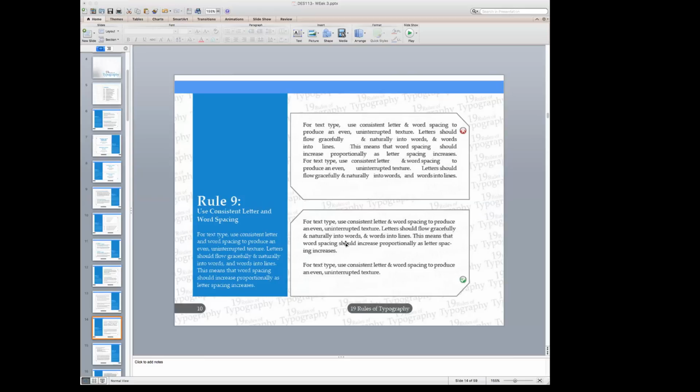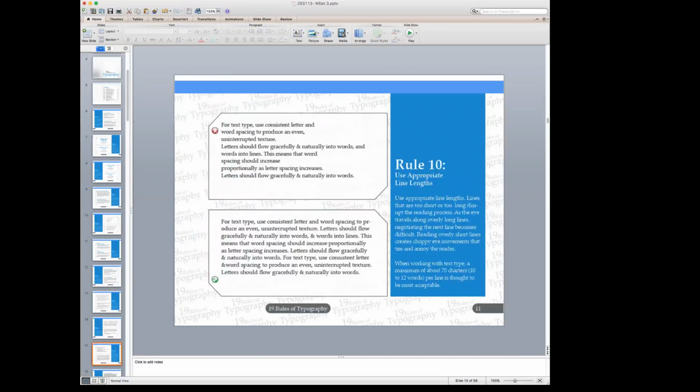Whereas in the example on the bottom, the spaces are even and they increase proportionally as the letter spacing increases. So everything is even and consistent, and it feels uniform and it flows. So rather than the example at the top, we want to be aware of our spacing. If you see this using a certain alignment, it's time to choose a different alignment, okay? So we want something to look more like the example on the bottom.